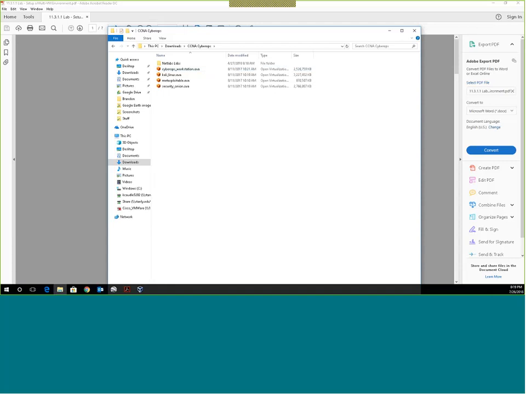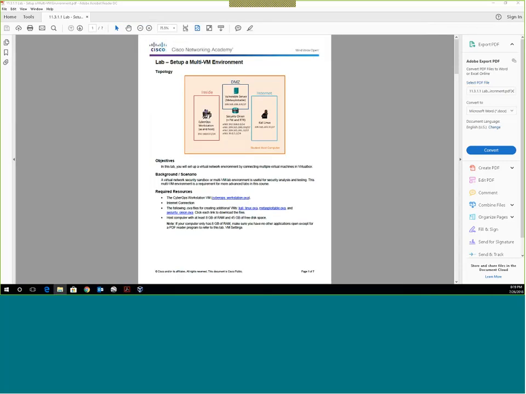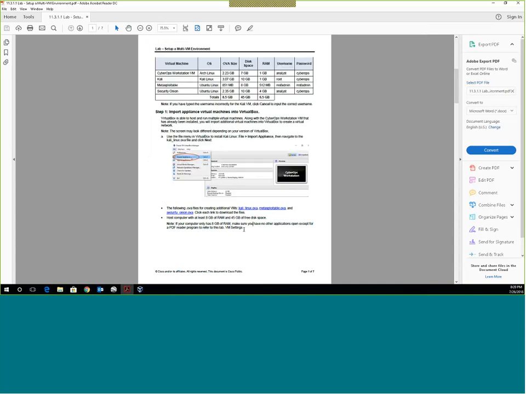All right, so it's very important to have those downloaded. If you only have 8 gigs of RAM, you need to make sure that the only thing running on your machine is just the PDF reader for this lab and VirtualBox, because 8 gigs is really pushing what this can do. Now, I've showed you this before, but I want to bring it up again because I don't want there to be any doubt about the fact that if you teach this locally, you need a big honking machine to run the labs in your lab.